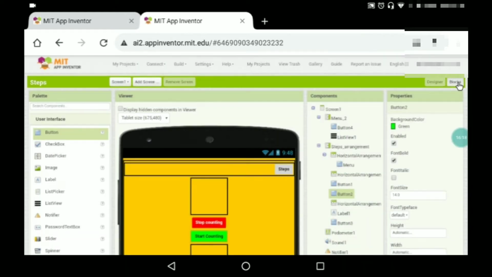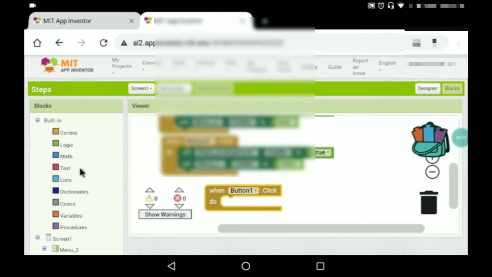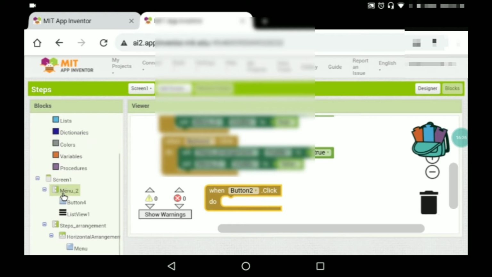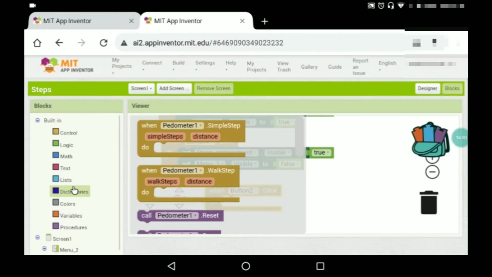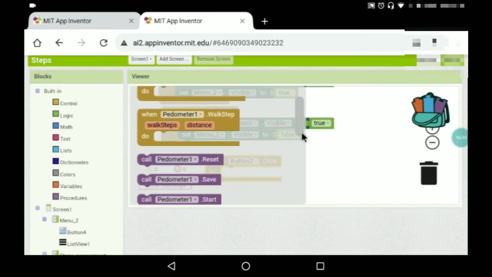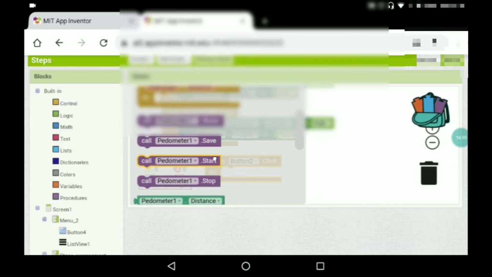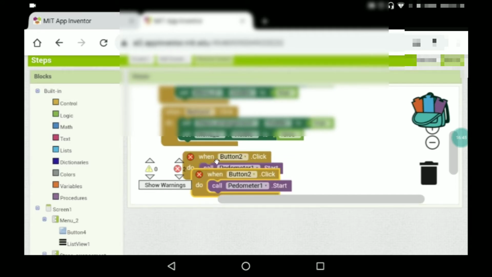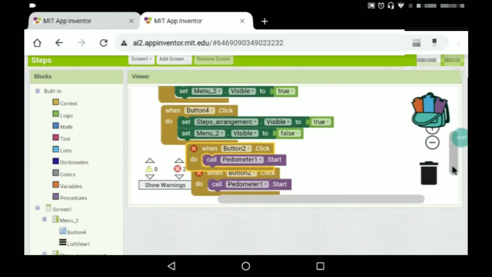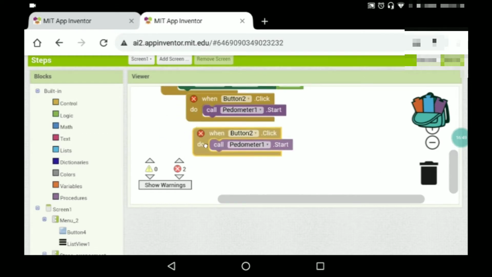Yeah, here go to blocks. When we click on start button, okay. When we click on the start button, what it should do, pedometer, it should start counting. Yeah, okay, it should start counting. When you click on the start button, we'll duplicate it. We'll just scroll down a bit. When you click on the stop button,